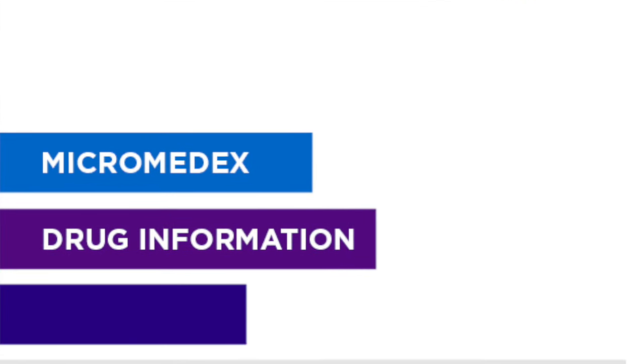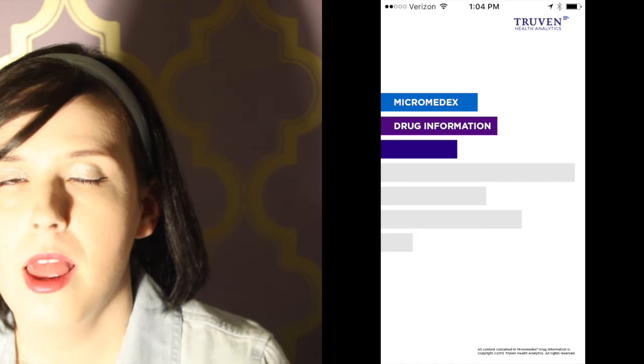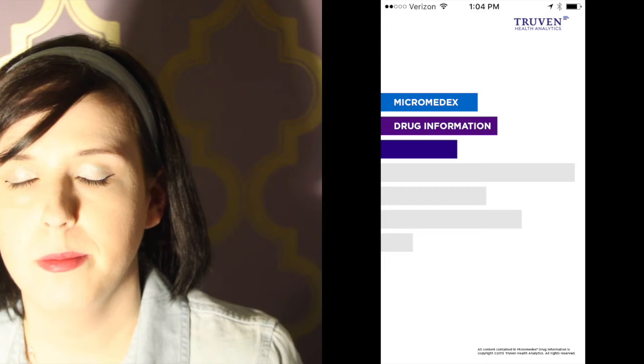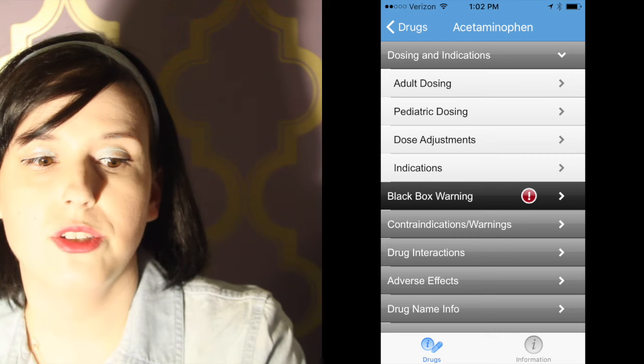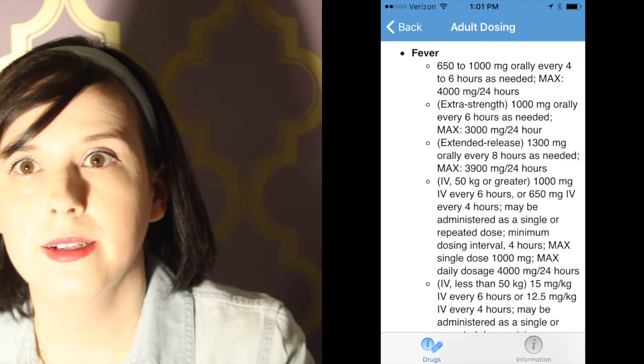So the first few apps that I'm going to go through, the first two are apps that are required by our school. The first app is the Micromedex drug guide, and you'll see the front page or the icon over here on this side. So this one was required by our school, and it is really just a drug reference guide, and it's great